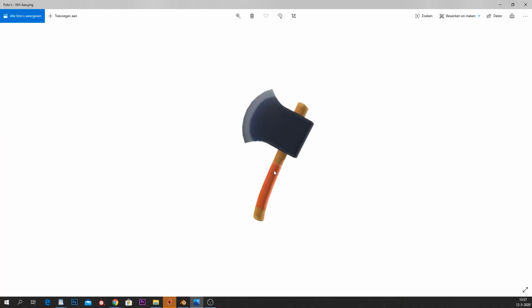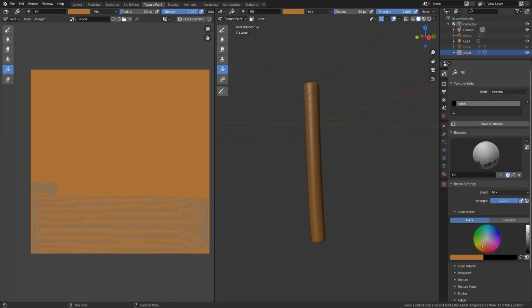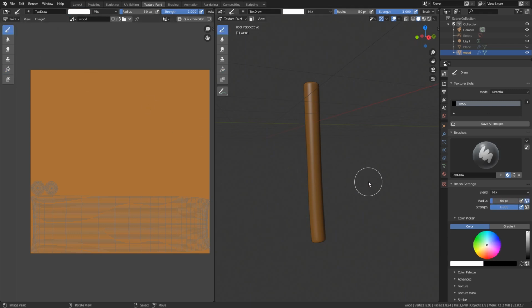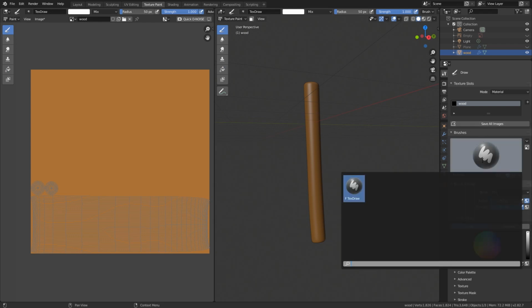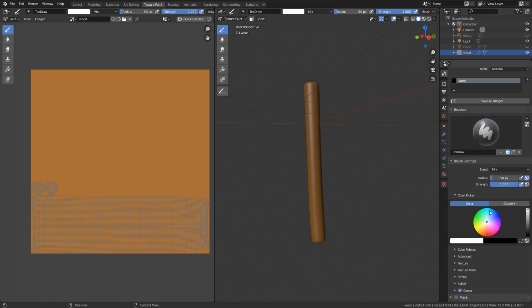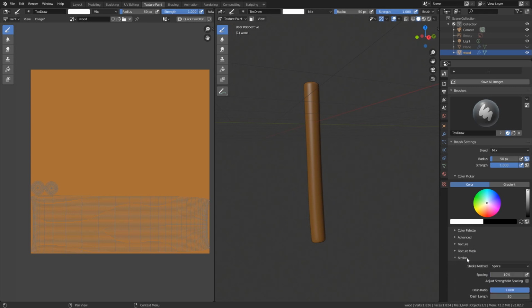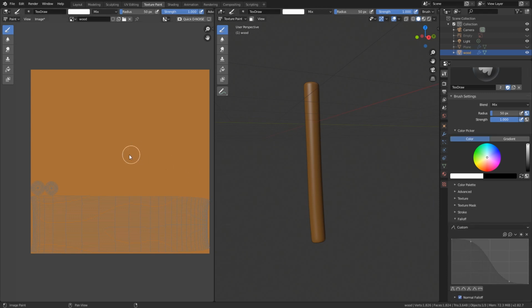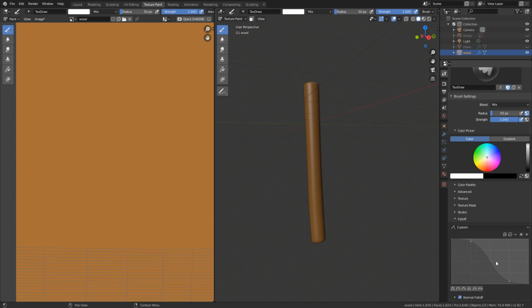We want, of course, also this red part here, right? So how are we going to do that? Well, we can click on our draw, and when you click on draw, you have some brushes. So you can change your brushes. At this moment, I only have one here, but you can change the radius, the strength. You can set certain stroke spaces. There are a lot of options you have here. The only thing that I would focus upon right now is the radius, strength, and maybe the falloff, because the falloff essentially creates a smooth or not smooth